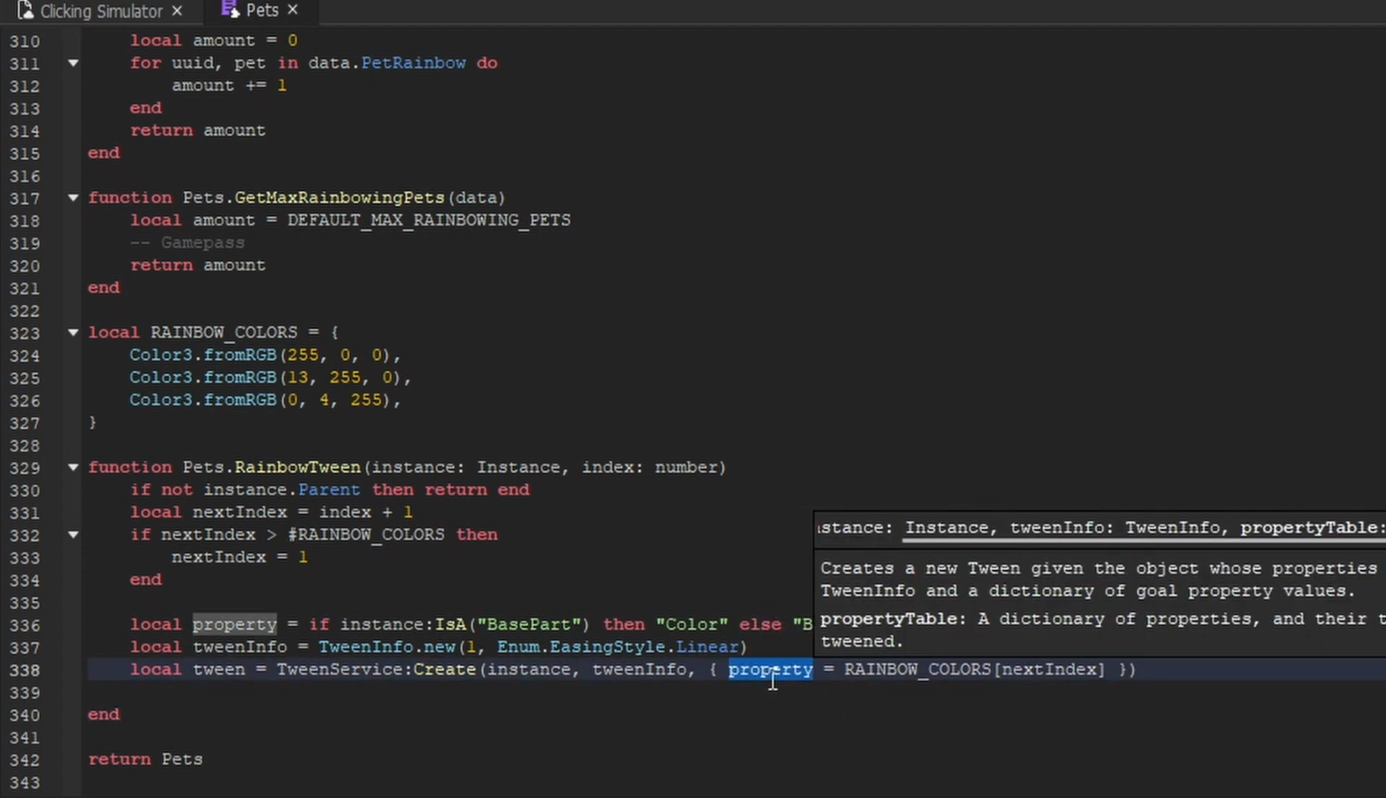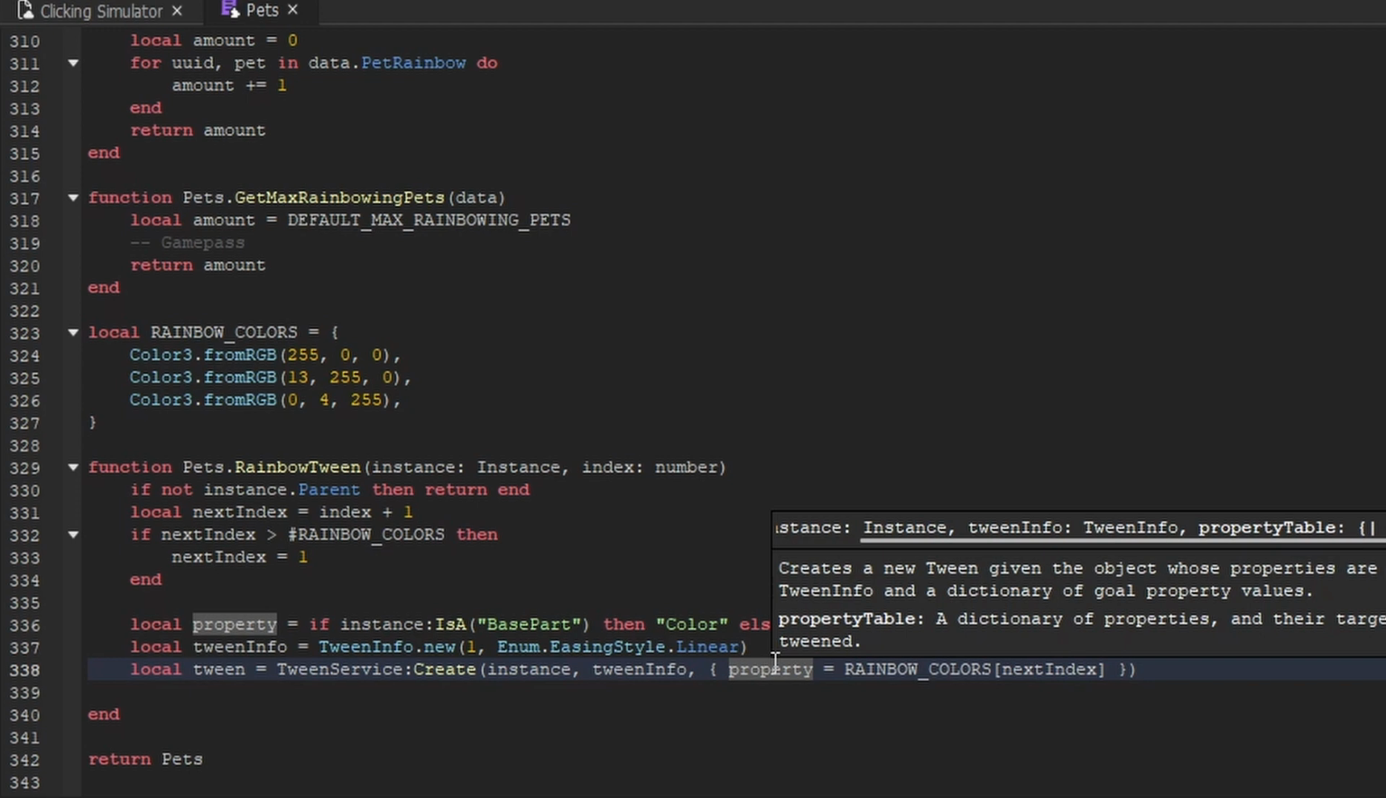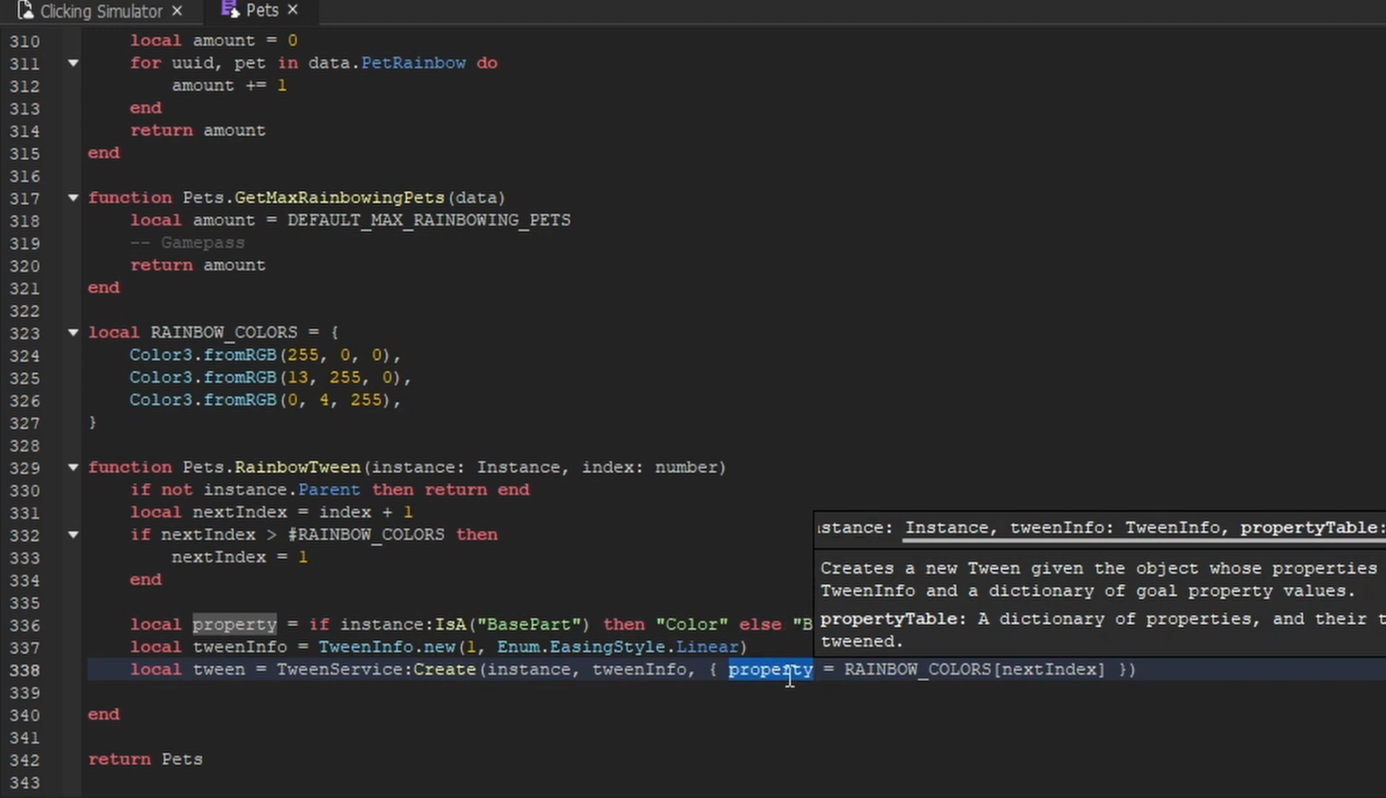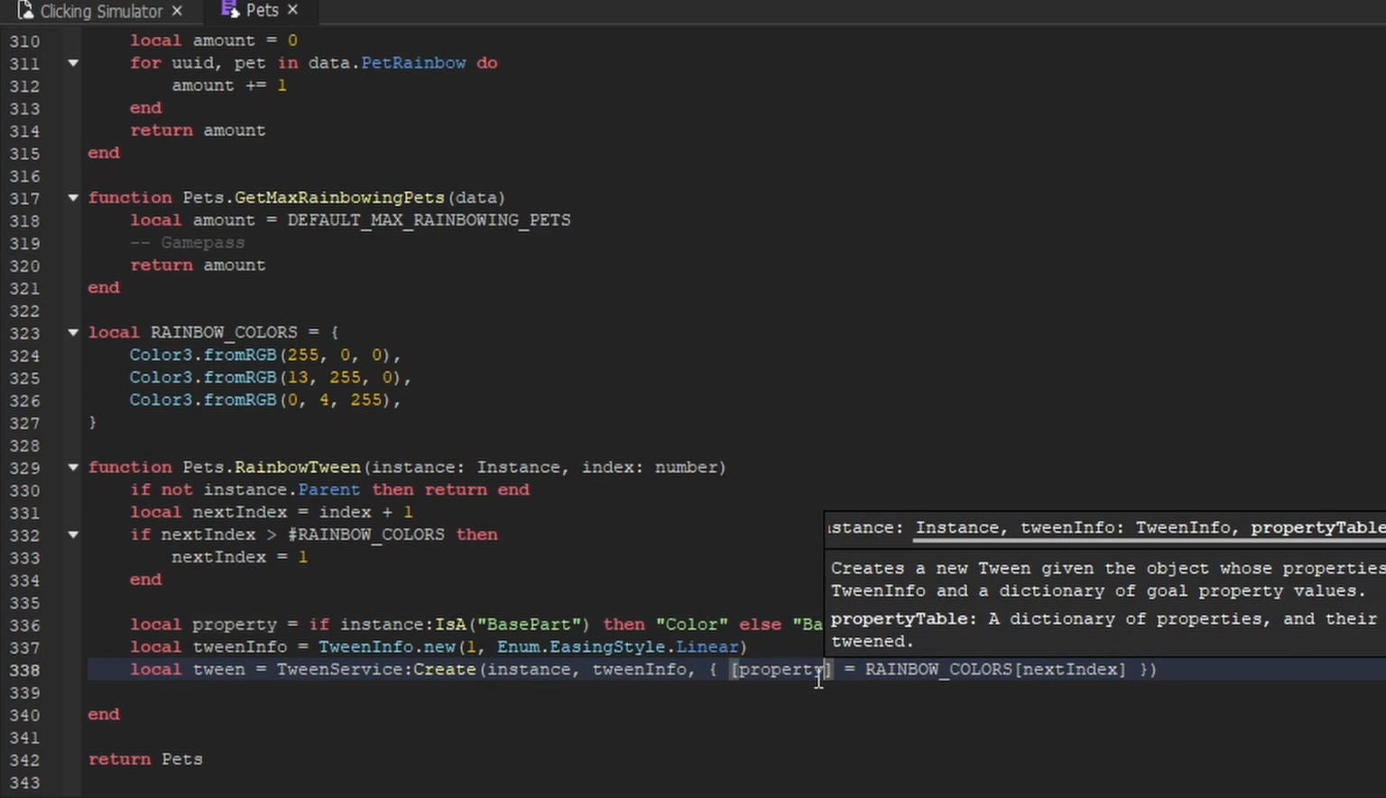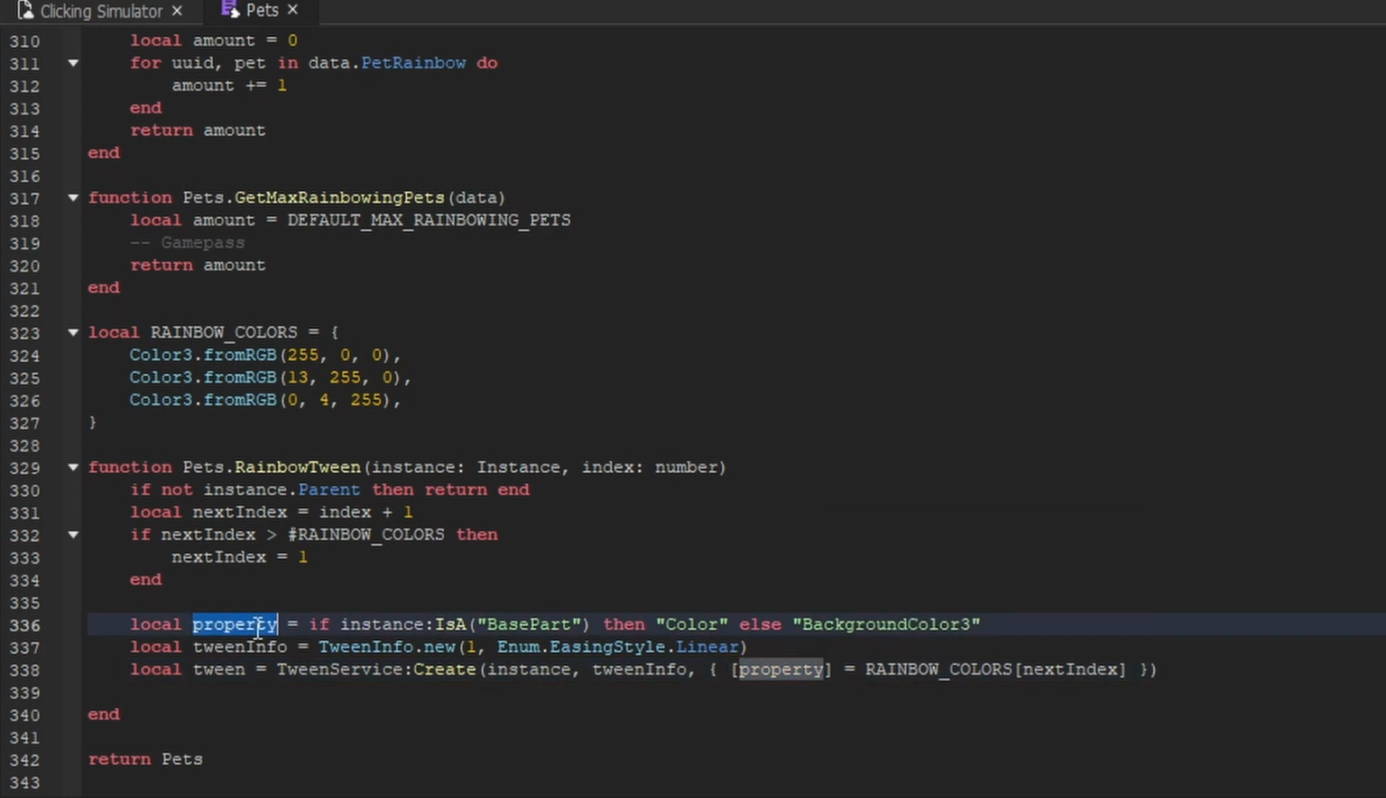If you forgot to surround the property variable in brackets when you use it right here, this will not actually work. What this will do is the TweenService will actually think that we want to update a property called property, spelled exactly like this, all in lowercase, and that property obviously doesn't exist on any instance, so this is just going to give you an error. But when we surround this in brackets, that will use the actual value of this variable right here. So now we're going to either be updating the Color property or the BackgroundColor3 property on that specific